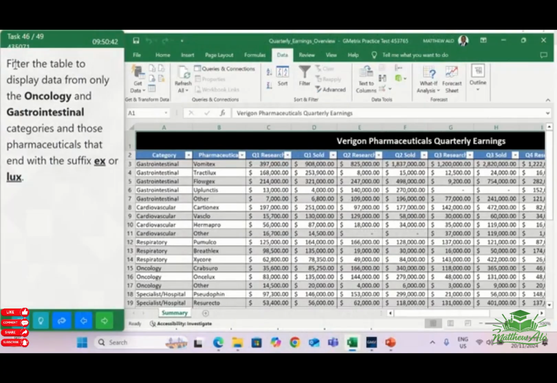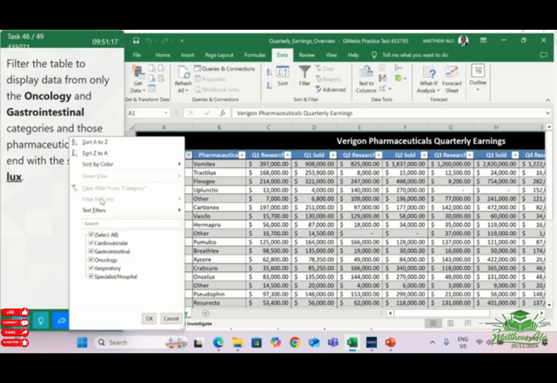Task 46. Filter the table to display data from only the oncology and gastrointestinal categories and those pharmaceuticals that end with the suffix X or LOX. To do this, just go to the table and select the drop down next to Category, then here you select